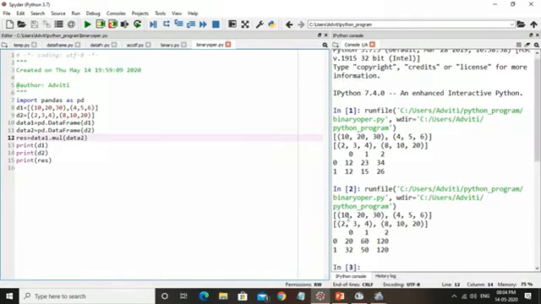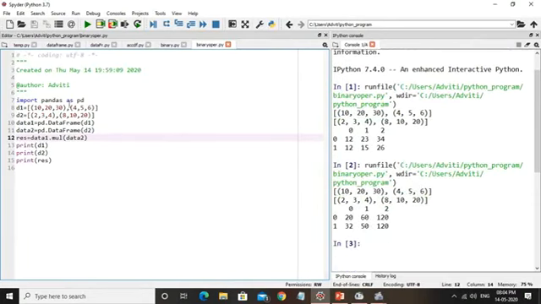Fine. Now look at here: 10 and 2 gives 20, 23 gives 60, 34 gives 120, 4 and 8 gives 32, 5 and 10 gives 50, 26 gives 120. So it means we can perform addition, subtraction, multiplication as well as division.